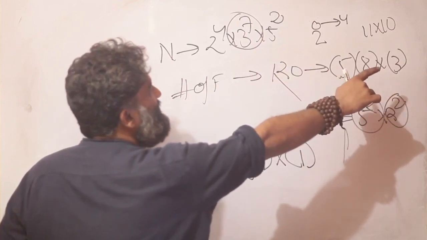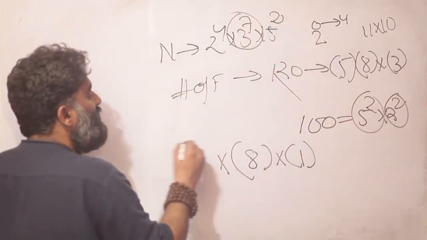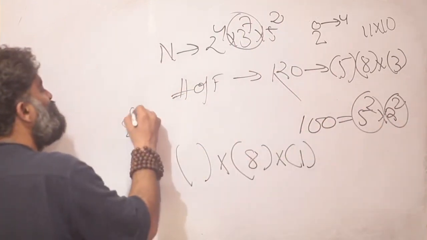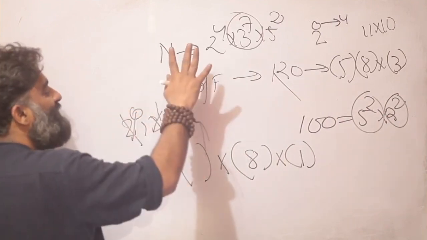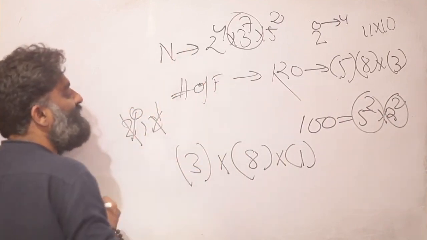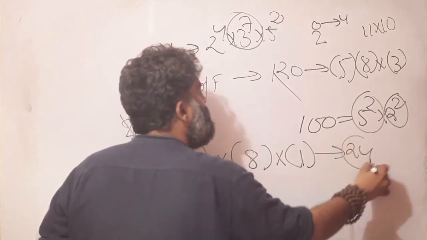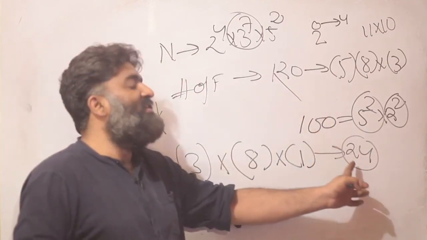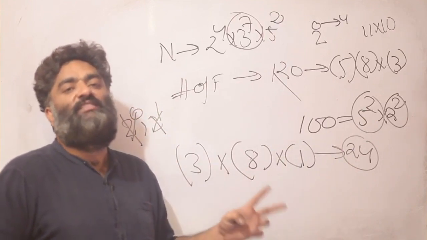What did that 3 mean? It meant 5 raised to 0 or 5 raised to 1 or 5 raised to 2. And once again, I need 2 square. That means 2 raised to 0 and 2 raised to 1 will be ruled out. So out of my 5, 2 are ruled out. I'll be left with 3. So 3 8s are 24. So out of those 120 factors, 24 factors will be such which have 2 zeros at the end of the number.